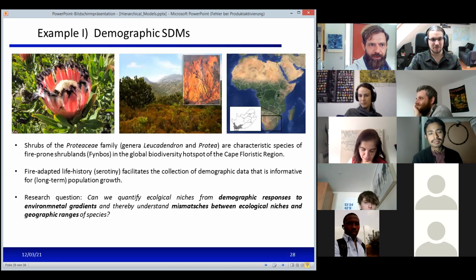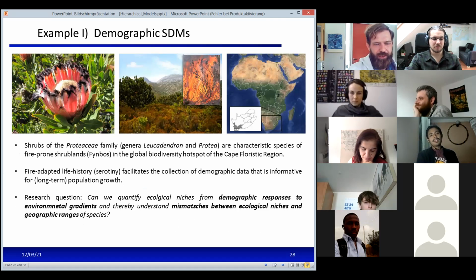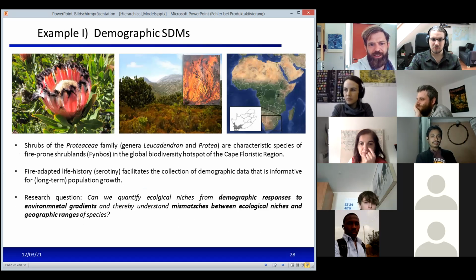There, I just want to give you a few examples of where we used these hierarchical modeling methods in our ecological studies. And here I try to focus more on the general idea and what the problems were that had to be solved with these approaches, rather than going too much into the technical details. And the first example I want to talk about is a study where we